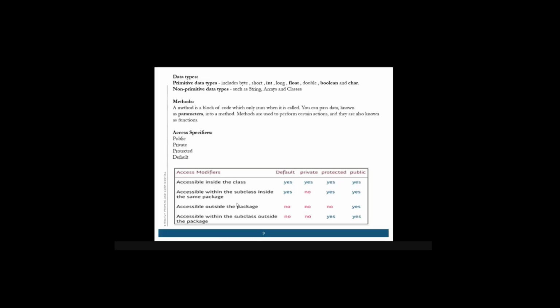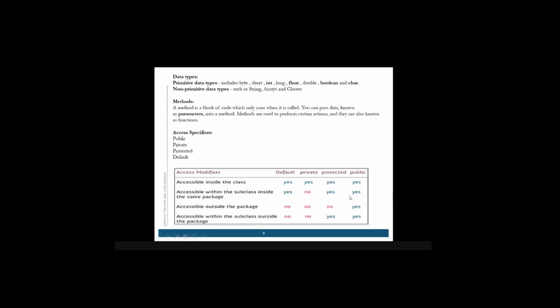A package is the main program which is written in your one page. That package can have multiple classes. Default can be accessed in that same package, but private variables can only be accessed in that particular class, and protected can also be accessed within the subclasses inside the same package.